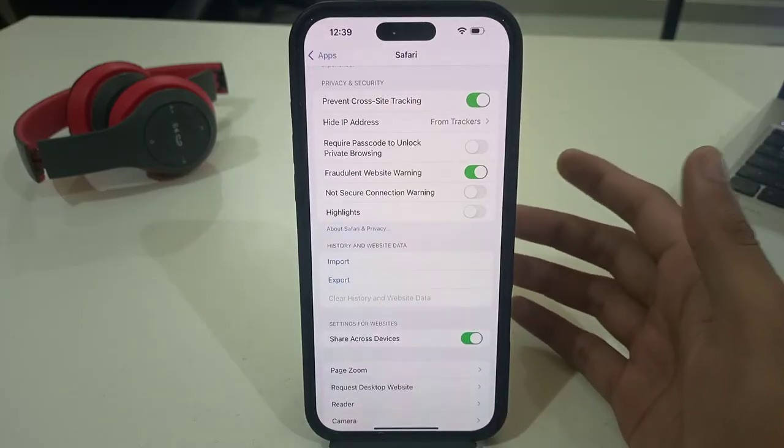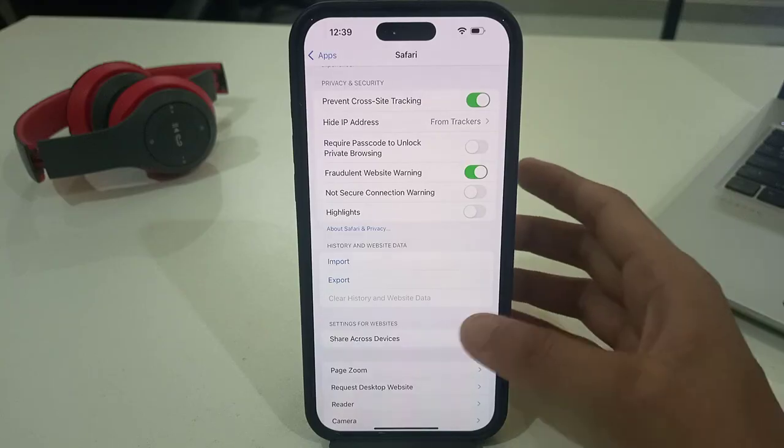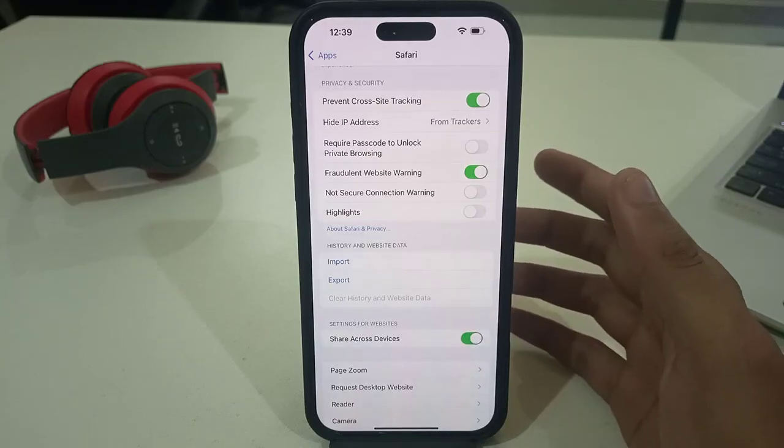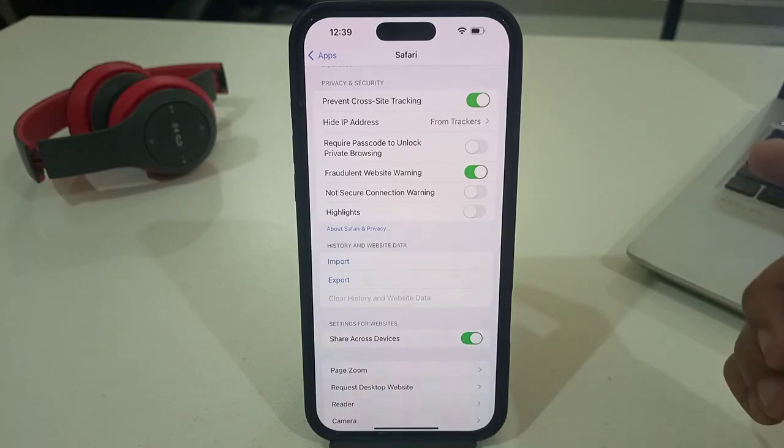So that's how you can actually clear your history or website data on Safari in any iPhone, specifically in iOS 18.4. I hope this video